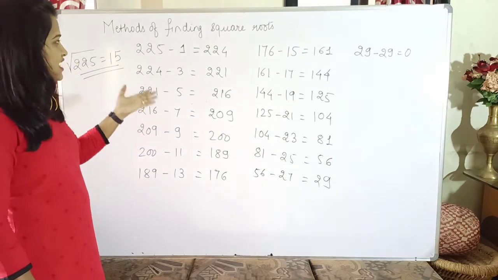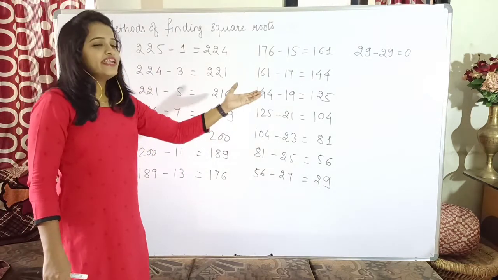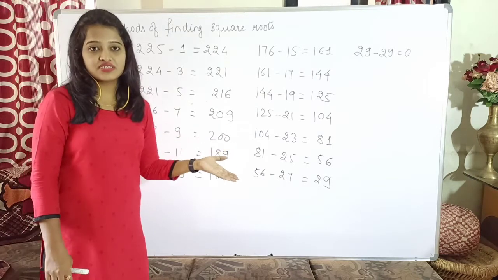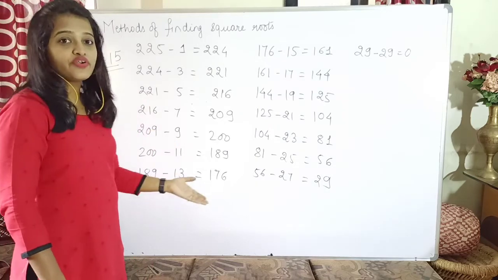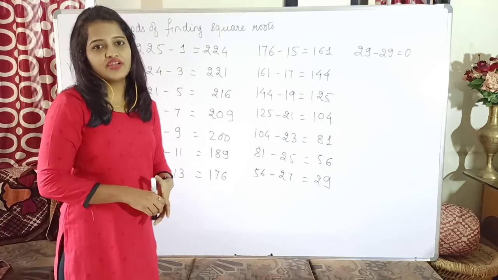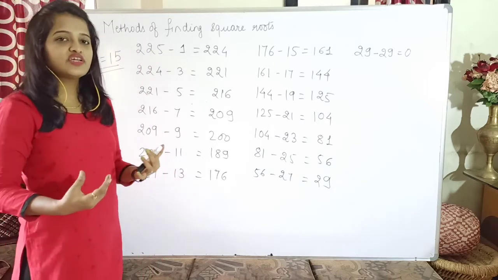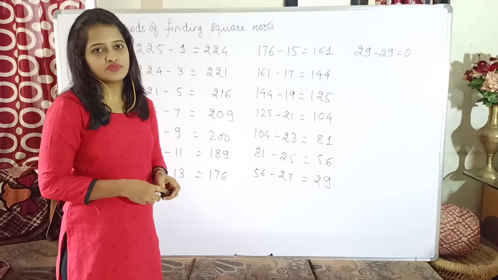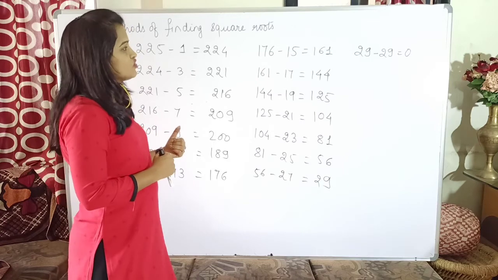Now as you can see, I have purposely taken a bigger number. For finding its square root, if the square root is 15, I have to do 15 successive subtractions. What if the square root is 25? You have to do 25 successive subtractions. So definitely this method is not feasible if the numbers are too big. If the numbers are small enough, you can find it easily by successive subtraction, but if the numbers are too big, it is not feasible to use this method.